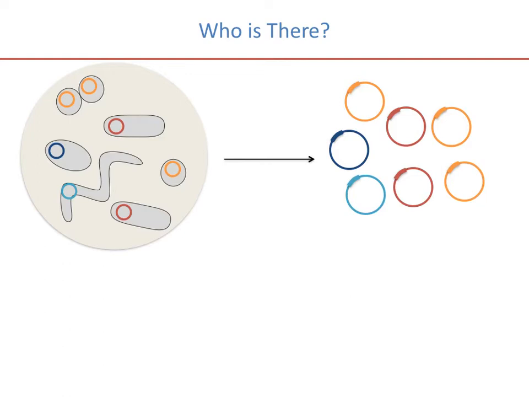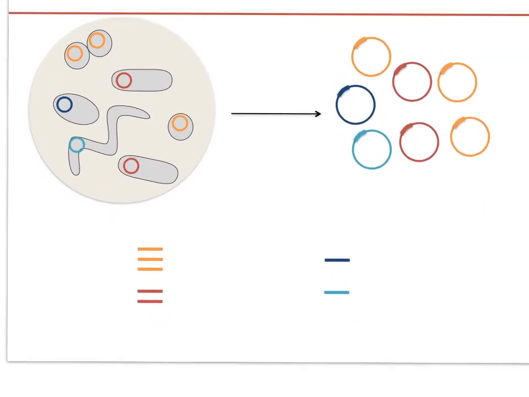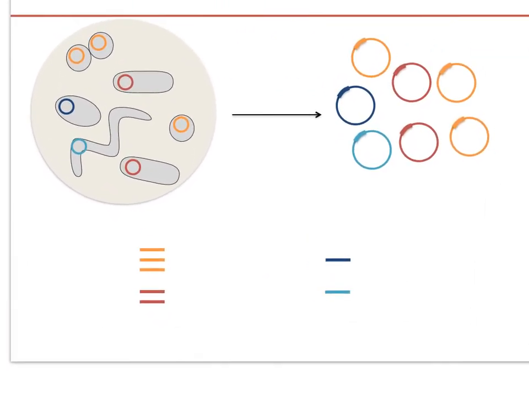And on each genome, each organism will have a 16S rRNA gene. And you can see that I've drawn that 16S rRNA gene on each of those genomes. We can PCR amplify that, and we'll go over that in a second. We can amplify that gene using PCR,